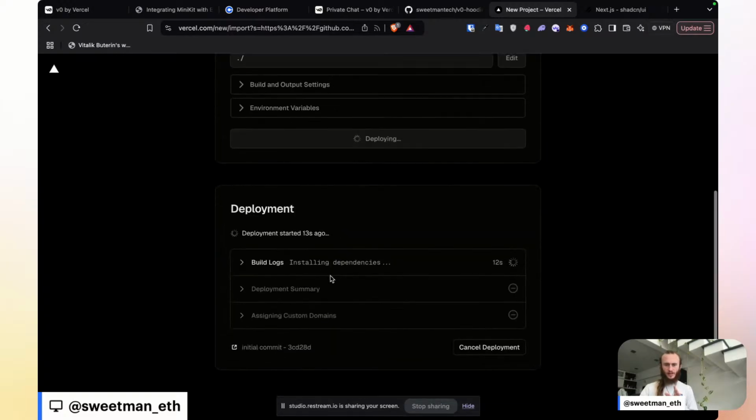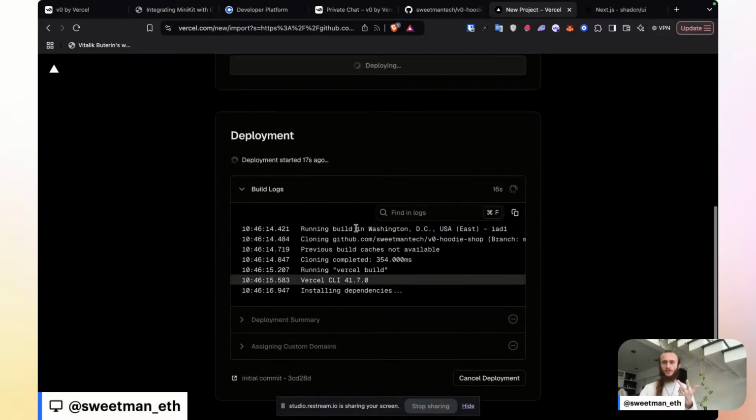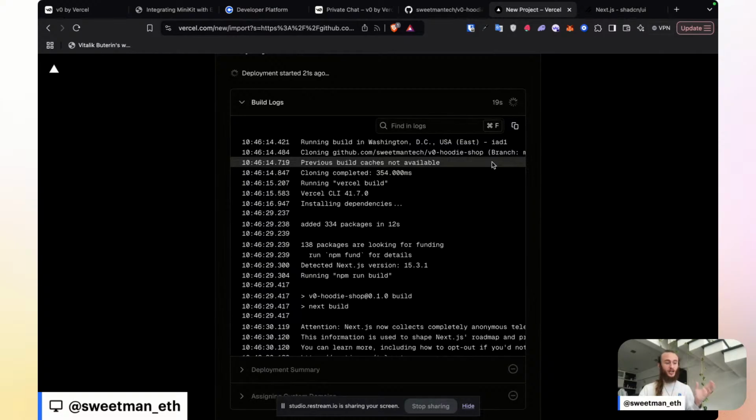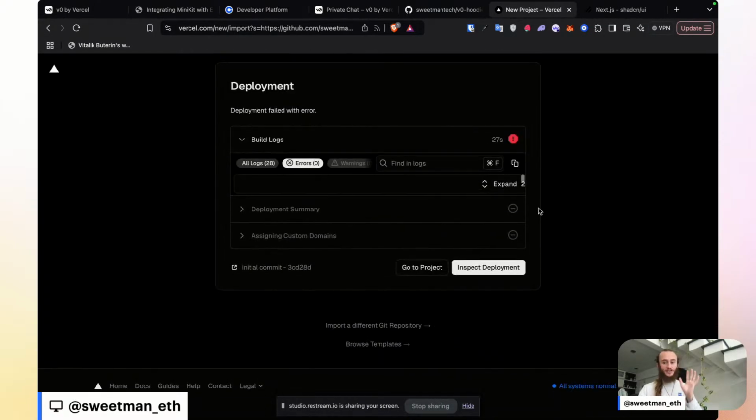So we're deploying right now. It's going to install the dependencies, it'll build the app, and then it'll publish the app. And once it's live, we'll have a link where we can visit it, and we can also share it with our friends. That's step one. Get the app deployed so that you can share it with your friends, so that other people can buy hoodies from the merch shop, and you can start to earn that income that you need as an artist. Once we have that distribution on the web,